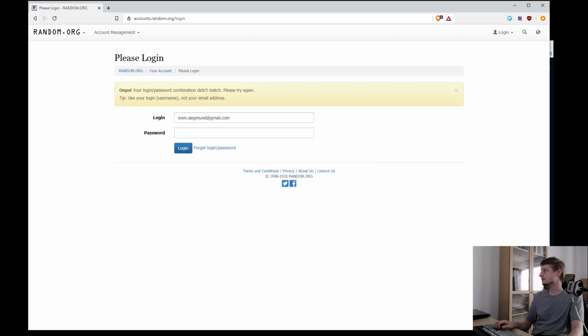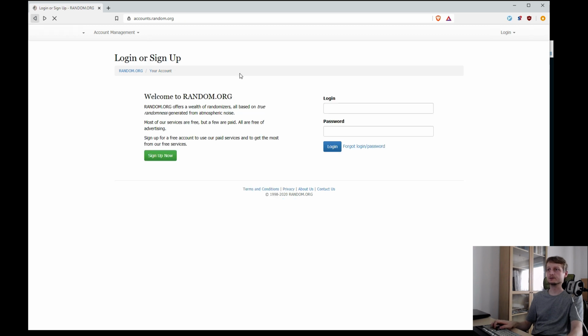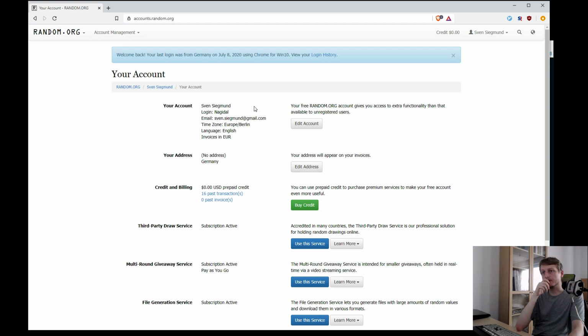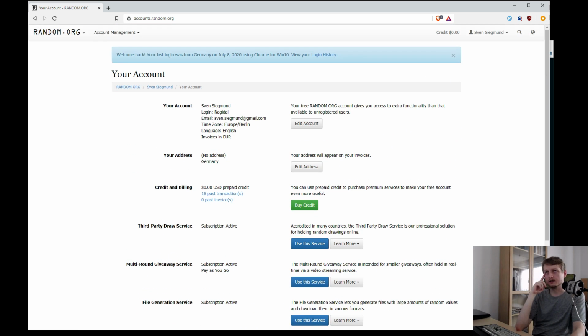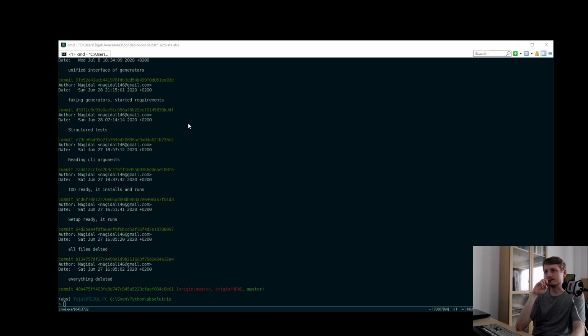Yeah, true, because they don't actually want this, but they want this thing. Yeah, and they have a true random engine, and they have an API for how to use it, and that's what I did last time.